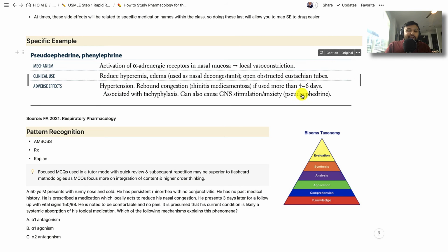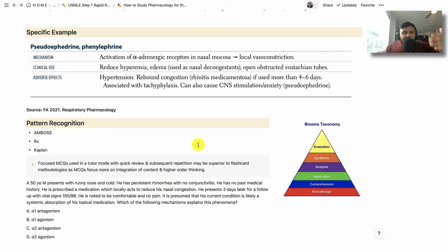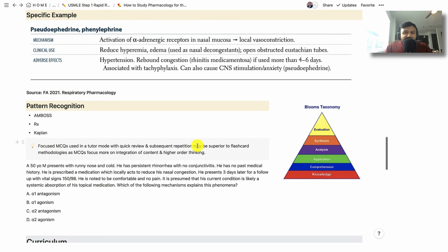Another thing for us to know is that pseudoephedrine, let's map that back, causes CNS stimulation and anxiety because it is an amphetamine-type derivative. Just like methylphenidate, for example, it revs you up. And so as soon as you have really gone through this reverse model of learning, you should, in parallel, use